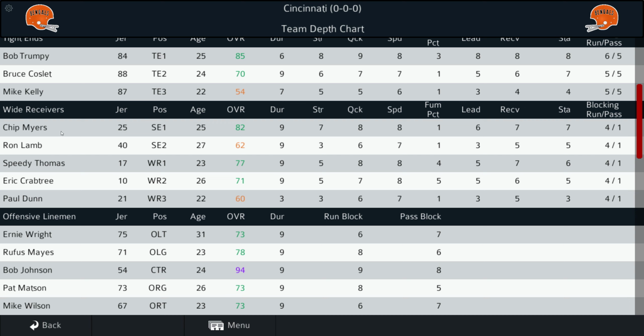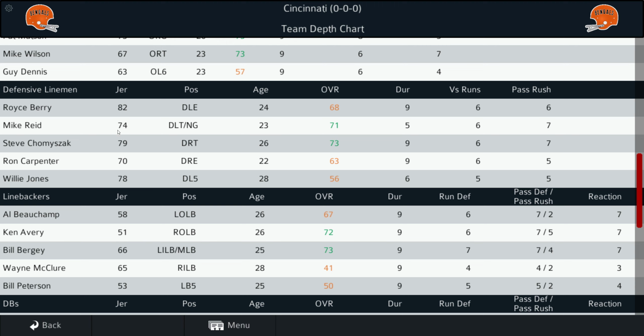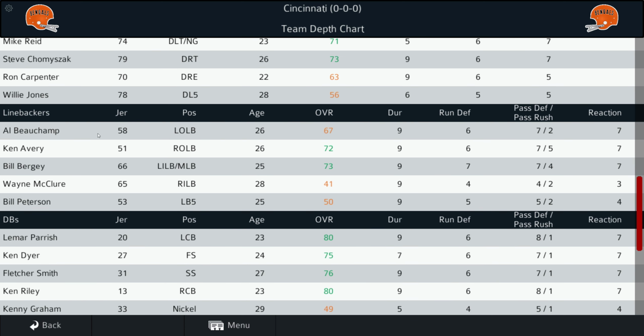Wide receivers, Myers and Speedy Thomas. Those are your 2 starters. And you have Crabtree and Lamb as well. Offensive line: Wright, Mays, Bob Johnson, Matson, and Wilson. Your defense: Barry, Mike Reed, Chomyszak, and Ron Carpenter. Your linebacking corps: Beauchamp, Avery, and Bill Bergey,